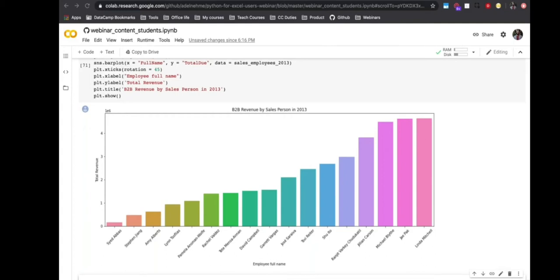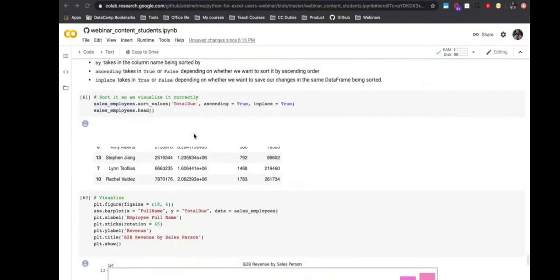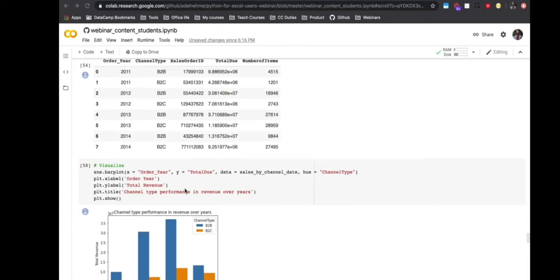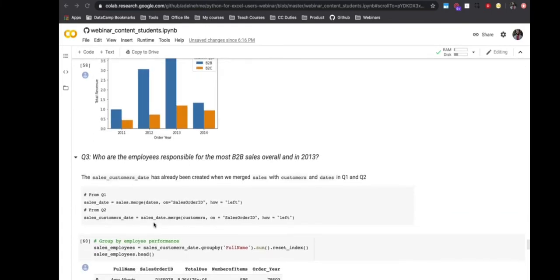One question is regarding joins. What if the match column IDs are different? Essentially, there are two interpretations to this question, and I'll give you an answer for both. Let's say here I'm going to go to a merge. The first interpretation is: what if they have differently named columns? For example, sales date equals sales.merge, and let's say there's no common sales order ID column between them. What you can do, if you're sure these are the same columns, is just rename the columns. Secondly,